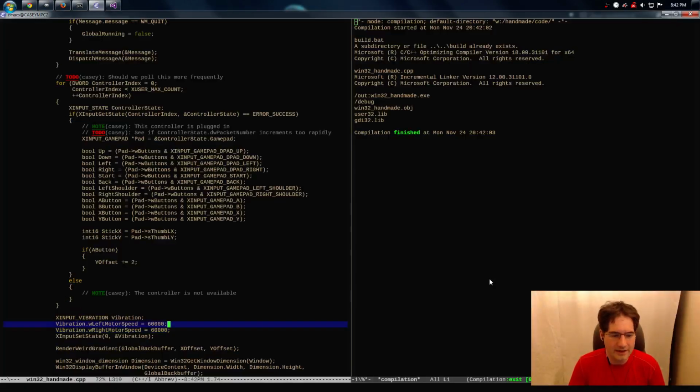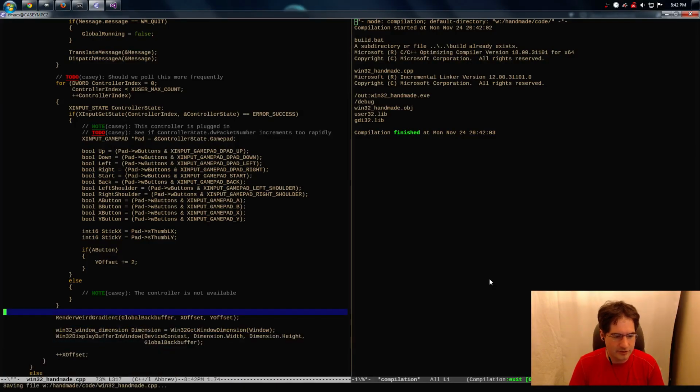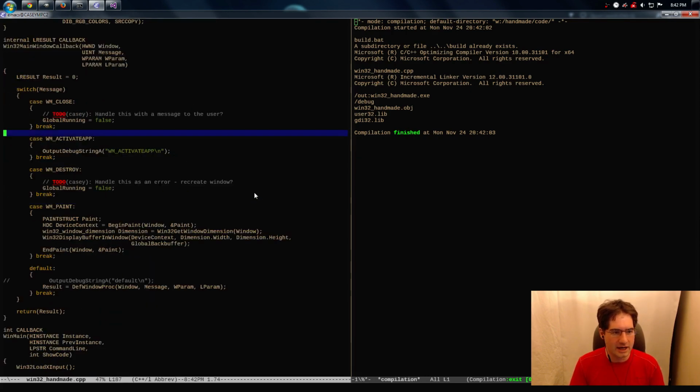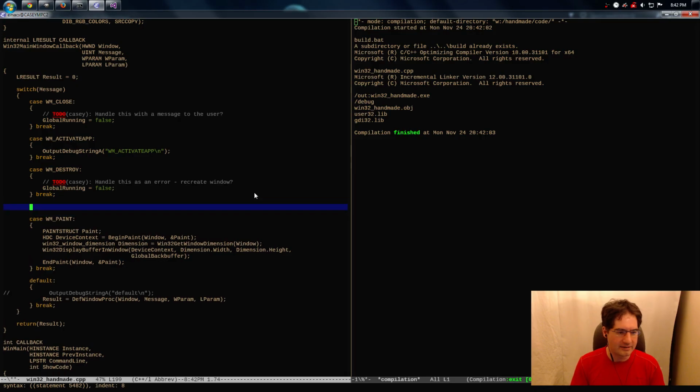So, while we have time, we might as well add keyboard input too, just so we can see how to get that, so that when the time comes and we want to wire this up to our actual game code, we will be ready, because I'd like to have keyboard input as well, not just joystick input. So I'm going to go up here and show you how to do that. It's real simple. Basically, for the kind of basic keyboard input that we're looking for, there's a more advanced kind